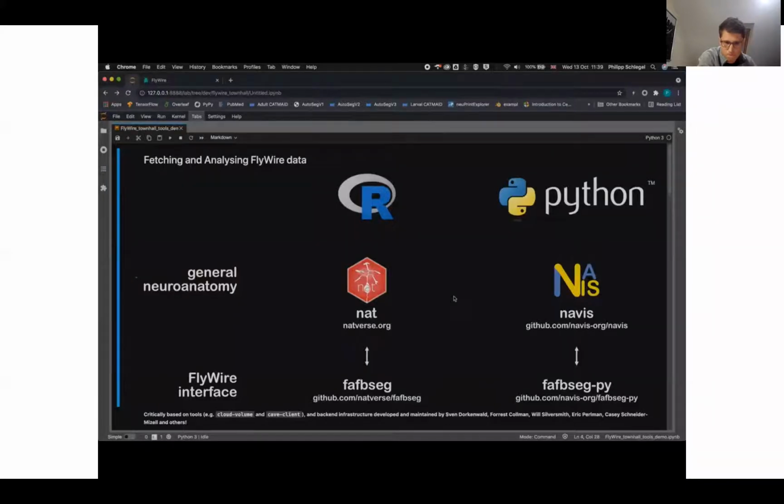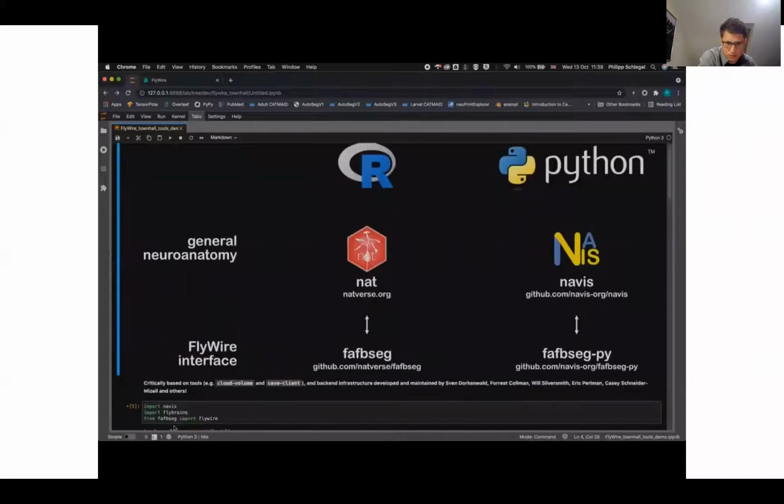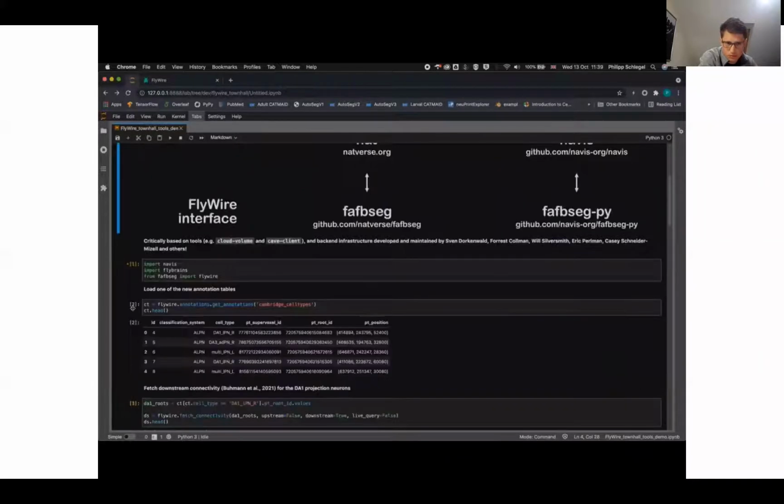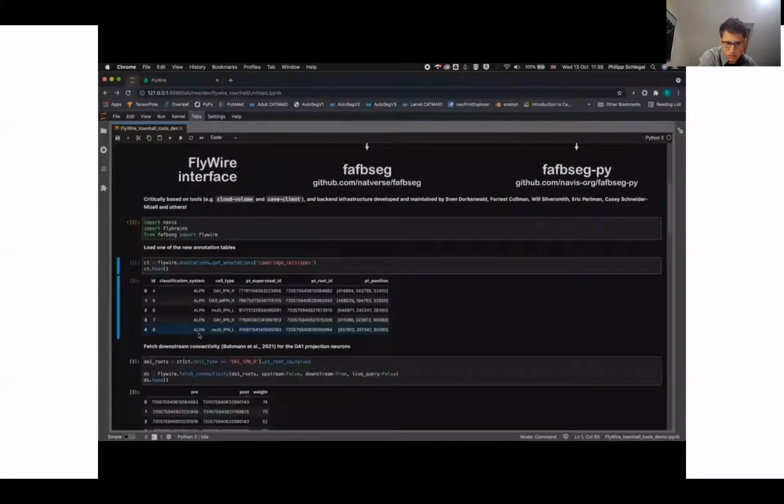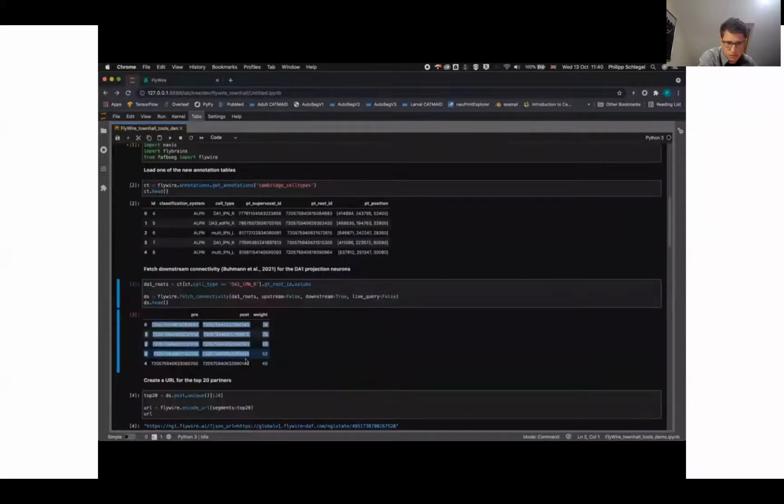It's important to note that we heavily rely on tools and backend infrastructure developed and maintained by Sven, Forrest, Will, Eric, Casey, and others. In combination, these packages let you do things like interact with the upcoming annotation tables, fetch connectivity via the Buhmann et al. synapse predictions, create and read Flywire URLs,